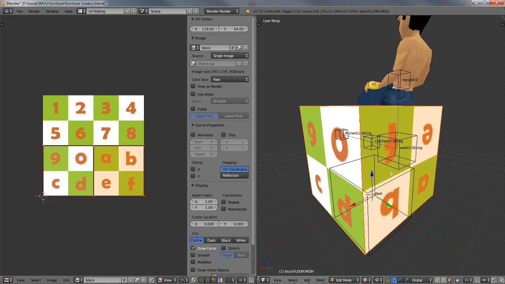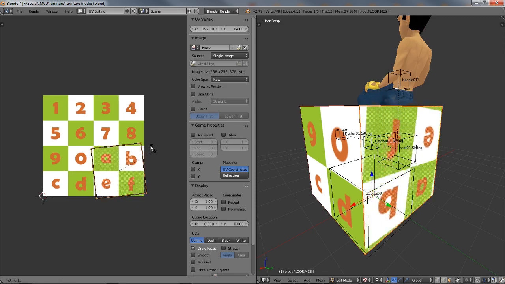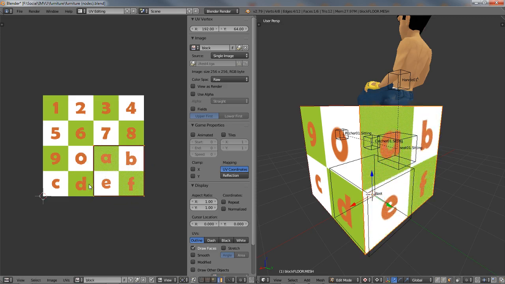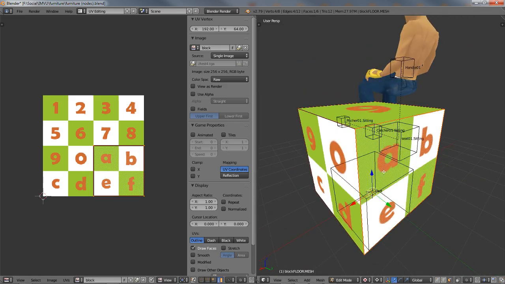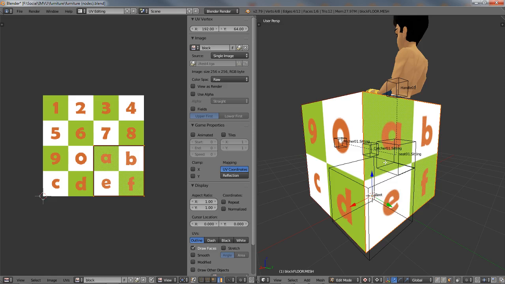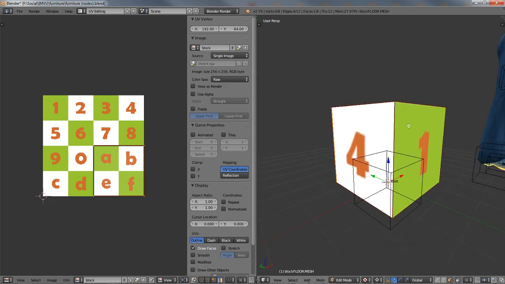And again, it's selection based, and again the UVs are orientated oddly, so you have to correct that by selecting. We can either rotate, hold control to snap, that one's alright,